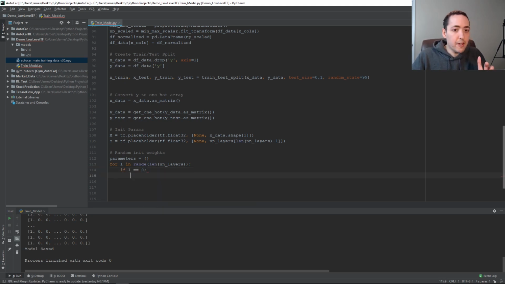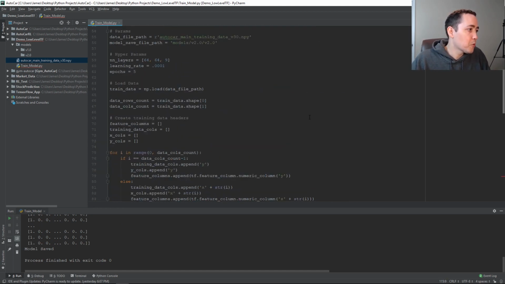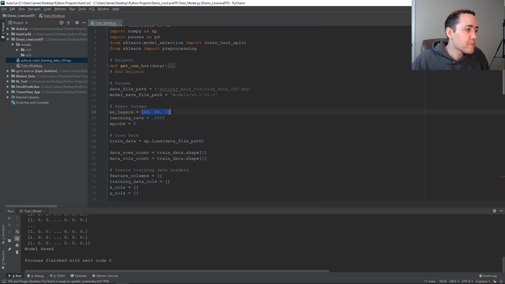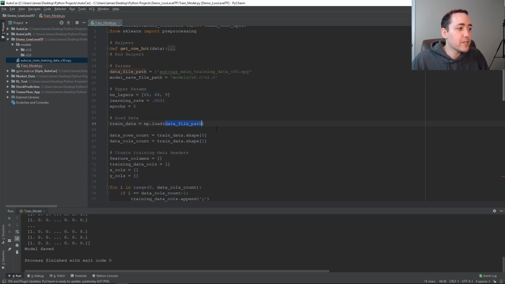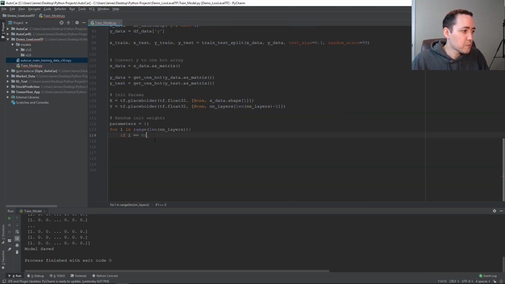So if it's the first layer, remember, we need to define it according to our input data, right? This layer's value only contains our first hidden layer, second hidden layer, and an output layer, not our input layer, right? Our input layer is defined by our data set. Okay, so we're gonna do that separately here. So we're gonna go parameters, and we're gonna give it a name,